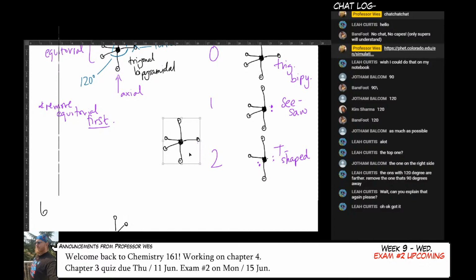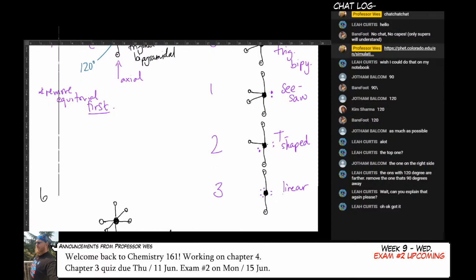And then finally, I could do the same thing one last time. I don't know what I just did there. I moved the origin of the marker. Yeah, that's fine. And I'm going to get rid of the first equatorial that we did, the second equatorial that we did. And then we're still going to get rid of equatorial because we're removing equatorials first. So here we go. 1, 2, 3. And wouldn't you look at that? That looks like a very straight line. And it totally is. We're going to call it linear.